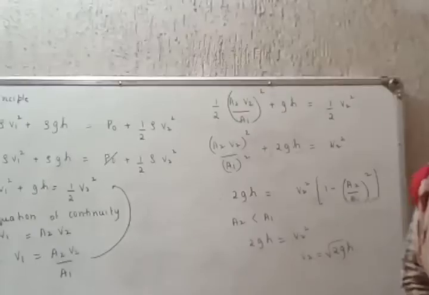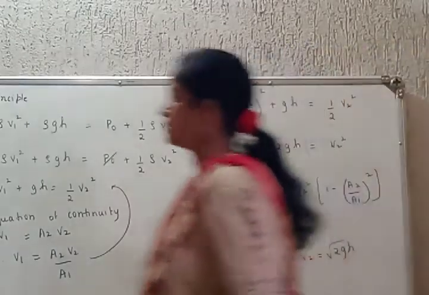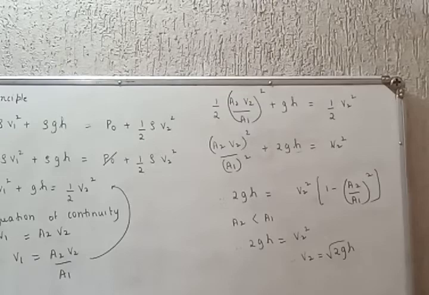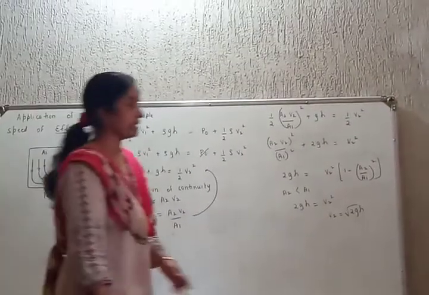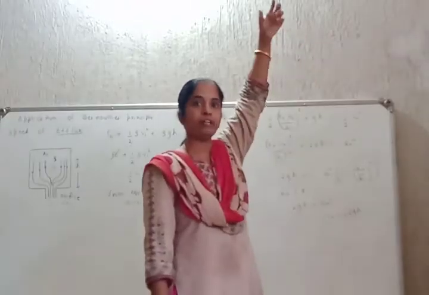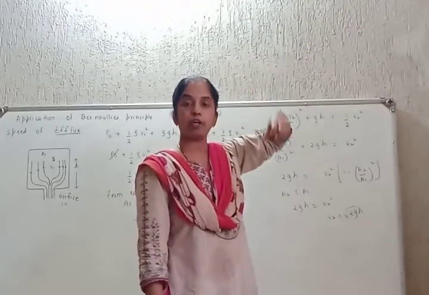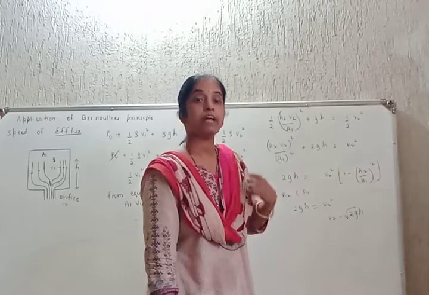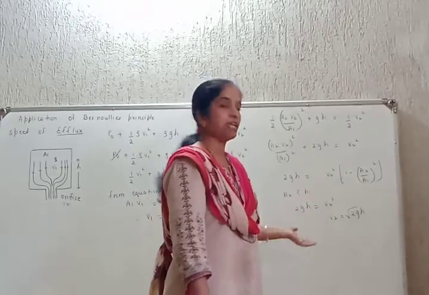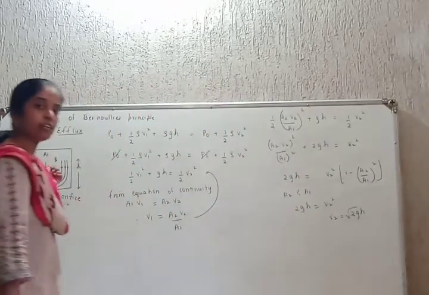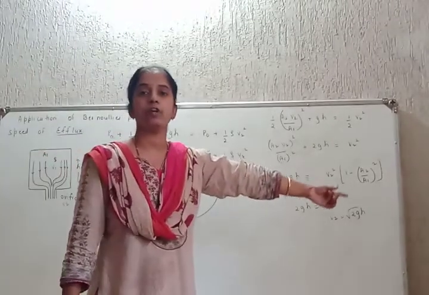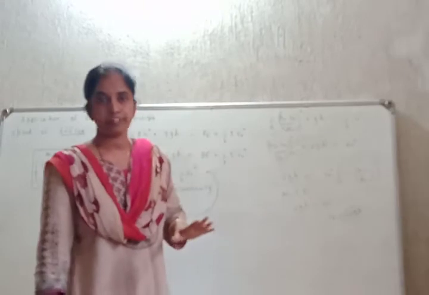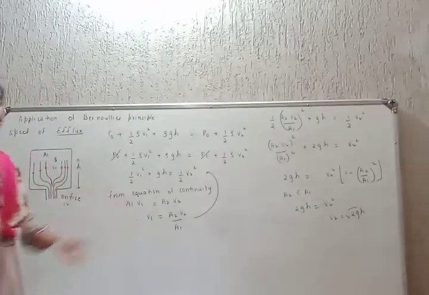सांगायचं काय? Torricelli said that the speed of efflux through an orifice is equal to the speed of a freely falling body under gravity. हाँ, जशी body whatever is the fall of the body under the gravitational pull, त्याला free fall म्हणतात. Similarly, the flow of efflux through an orifice is equal to the speed of a freely falling body. Ends the job. ठीक है? I'll revise it again. We'll continue.